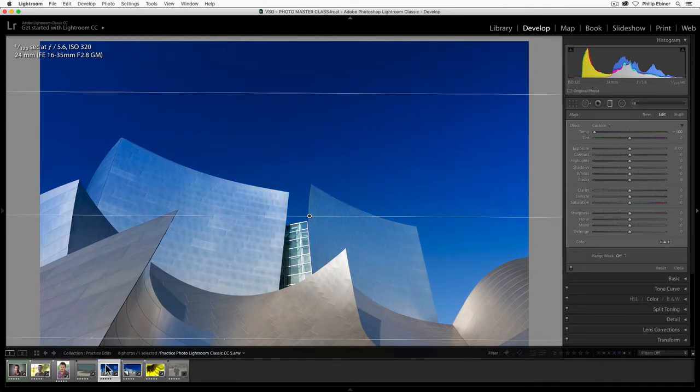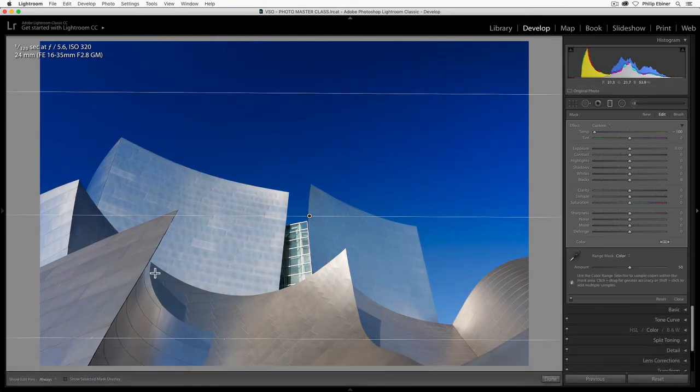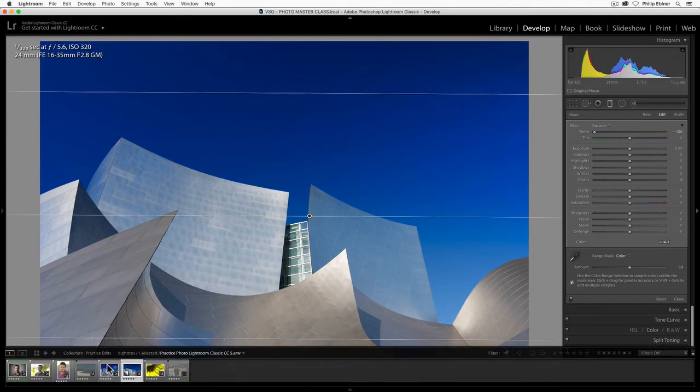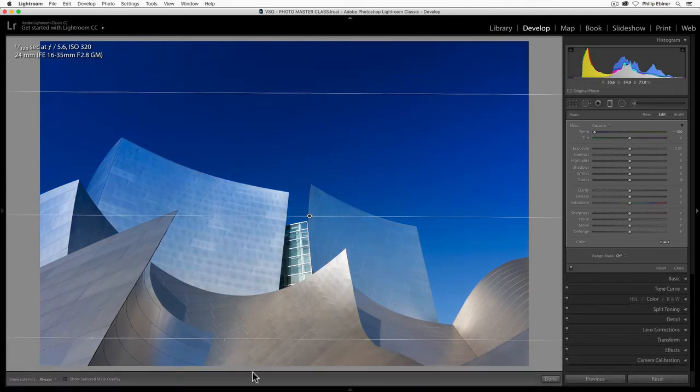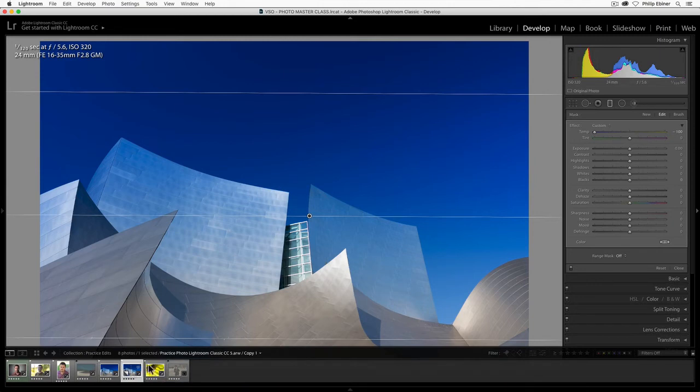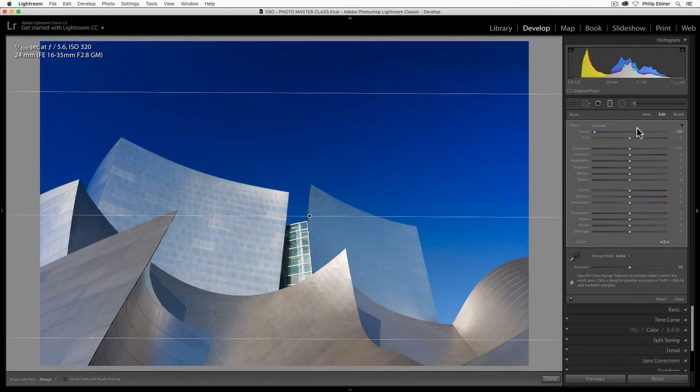What changed? Well, a lot of the Walt Disney Hall that is the silver is now not being affected by this graduated filter, which is cool because if adding this filter to make the sky look bluer applies it to the buildings in the foreground, it just looks fake. It doesn't look real. But this one looks a lot more real. And I like that it is just being applied to the sky now and not as much to the silver below.